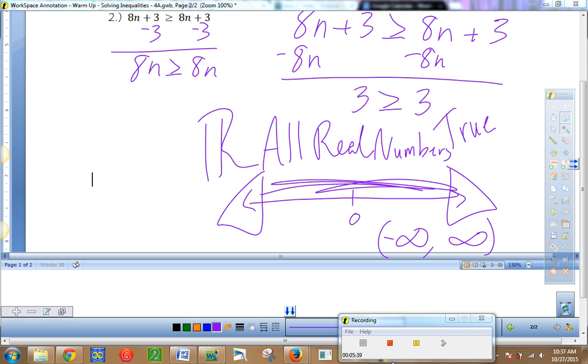How do you tell which number is like a hard number and which one